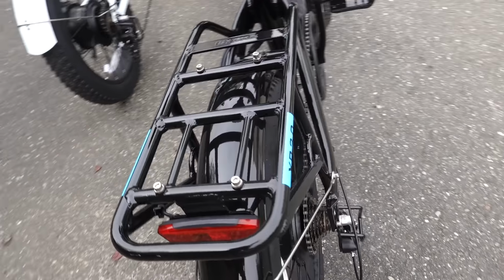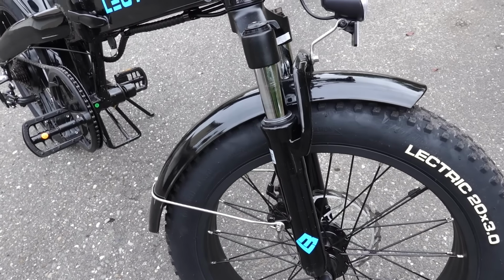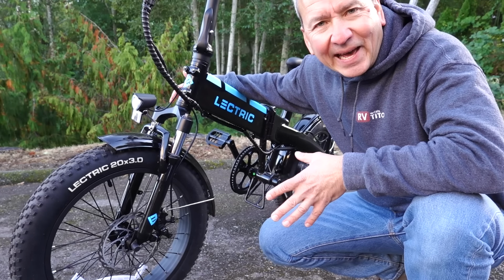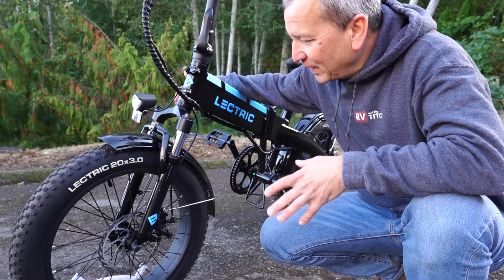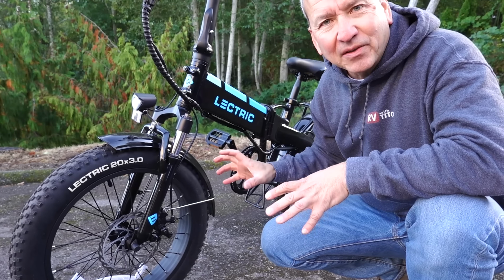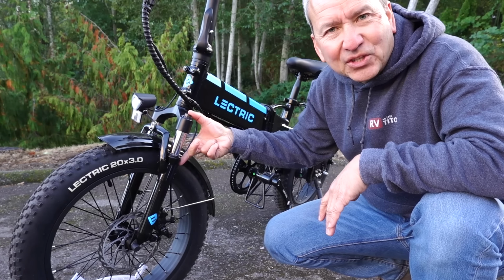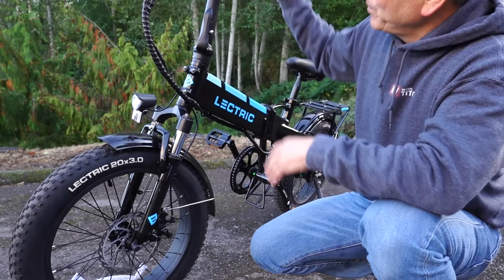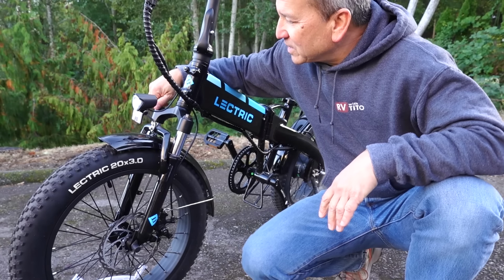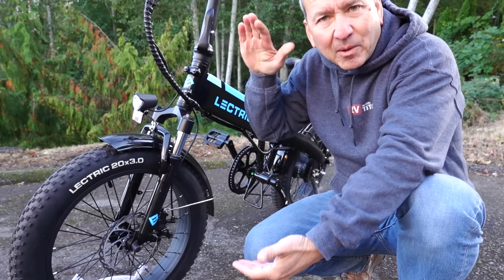Well, let's take a look at this 3.0 from front to back, starting with the front suspension. Now, having a front suspension in the first place has really been a game changer for this bike. You know, it's something they added on the XP 2.0, and it's really become an essential piece of equipment now on this bike. But on the 3.0 model here, they've given us a little bit more travel on the little shock absorber here. So we've got a little bit more room, a little bit more flex there that we can still adjust with this lever here on the right hand side and move it depending on how much